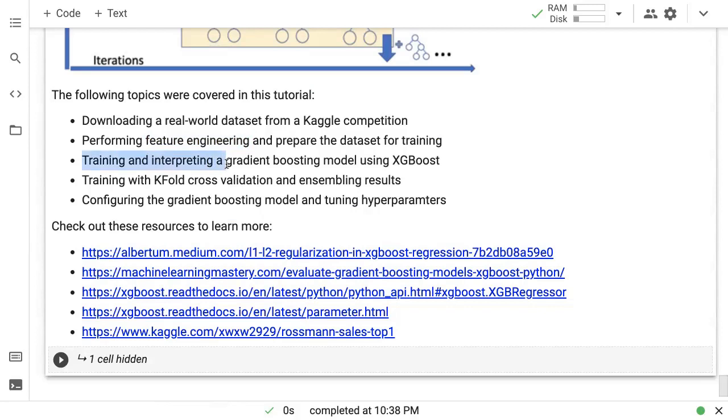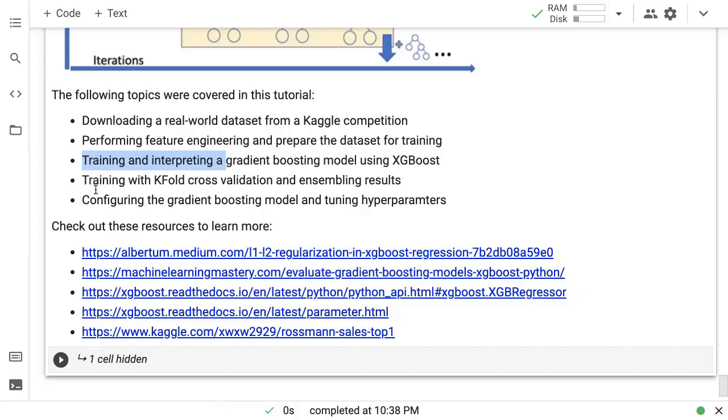We looked at training and interpreting a gradient boosting model using XGBoost. There is also another library called LightGBM, which works exactly the same way, but it has certain optimizations that might be useful for larger datasets, and some of the internal implementations are different. Ultimately, both XGBoost and LightGBM are implementations of several papers in the space of tree-based learning algorithms and gradient boosting. So check out what the differences are.